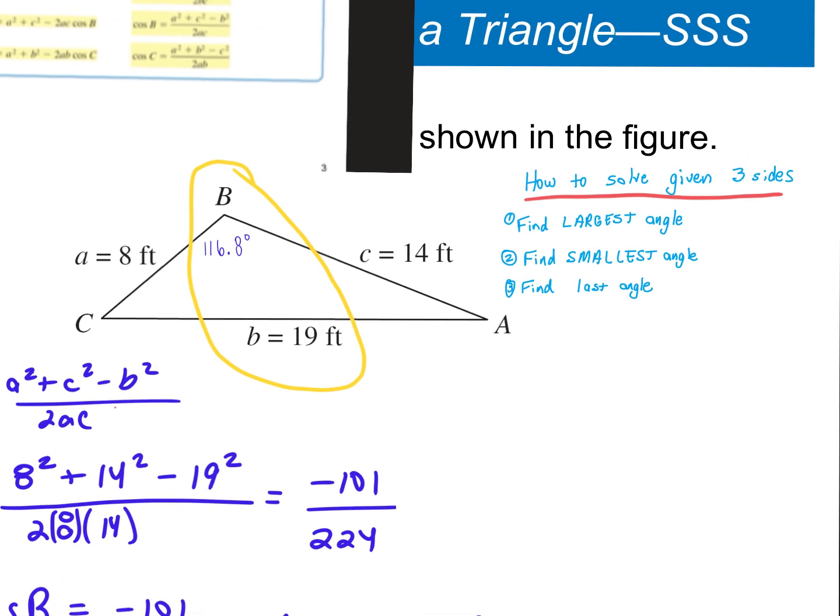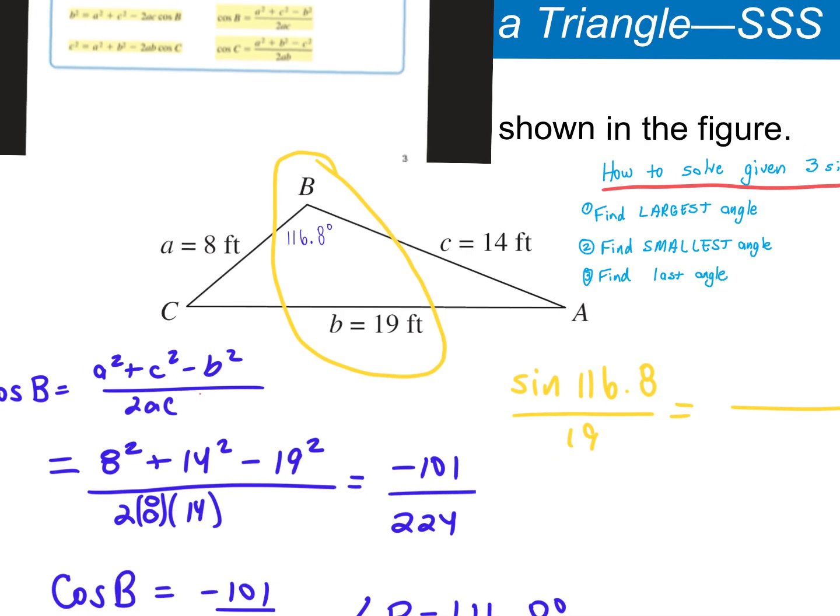We can go ahead and write, oh, I know that the sine of 116.8 over 19, I can set up a proportion, but what do I need to find? I found the largest angle. What's my next step? I need to find the smallest. So which one am I going to find? A, good. So I'm going to say sine of A